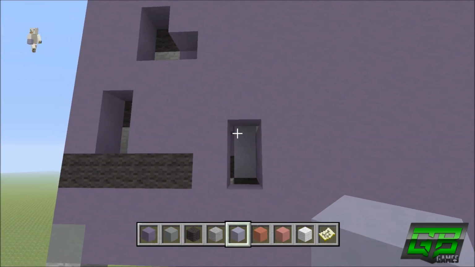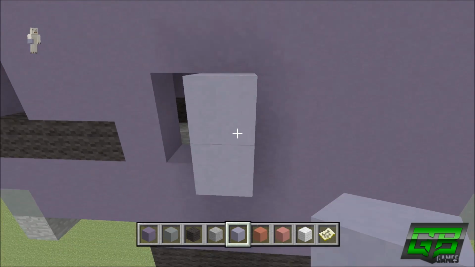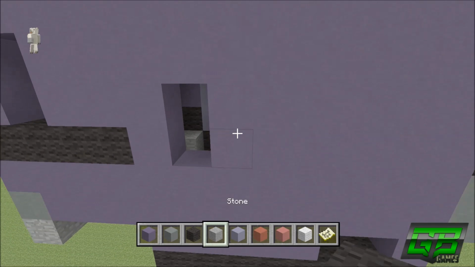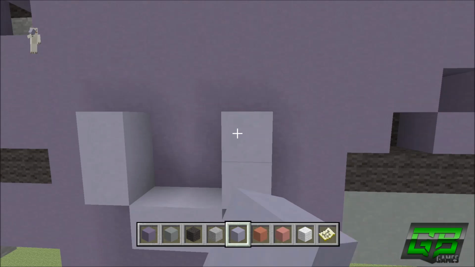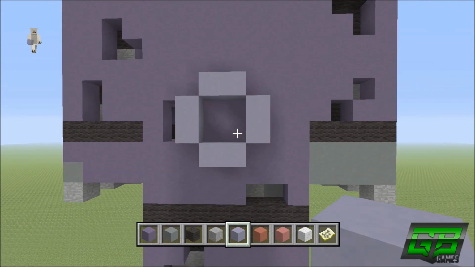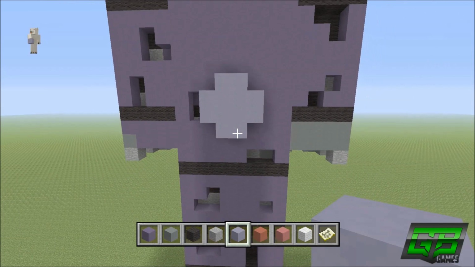So what we do is next to this 2-block gap here that we've just punched out, we place 2 light blue stained clay. Make sure it's 3D, so we don't indent it into the actual statue like this. You make sure that it's actually 3D. So you place 2, then go down diagonal, place 1 to the side, then go up diagonal, up 1, and then up diagonal and to the side 1. And it makes a little shape like this and gives us a square in the middle. In the middle we place a 2x2 of light blue stained clay,